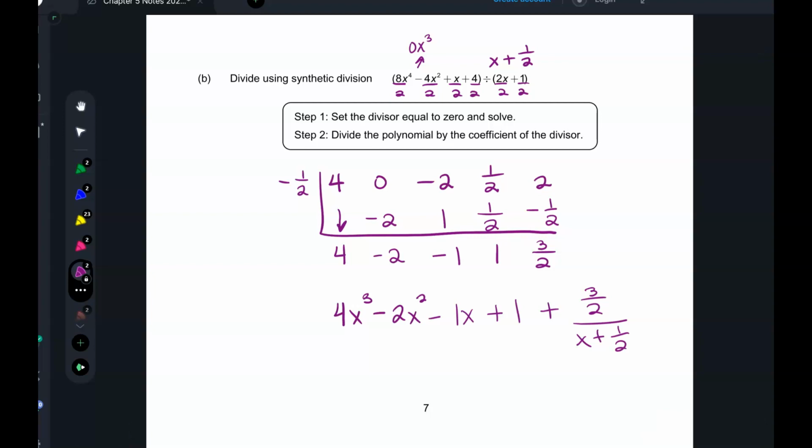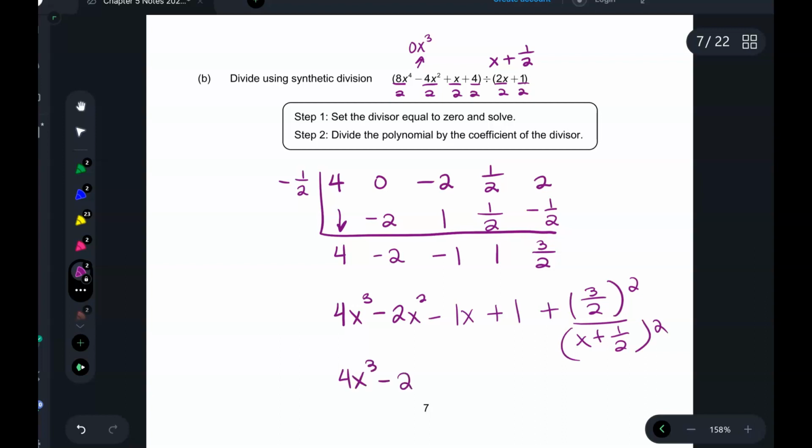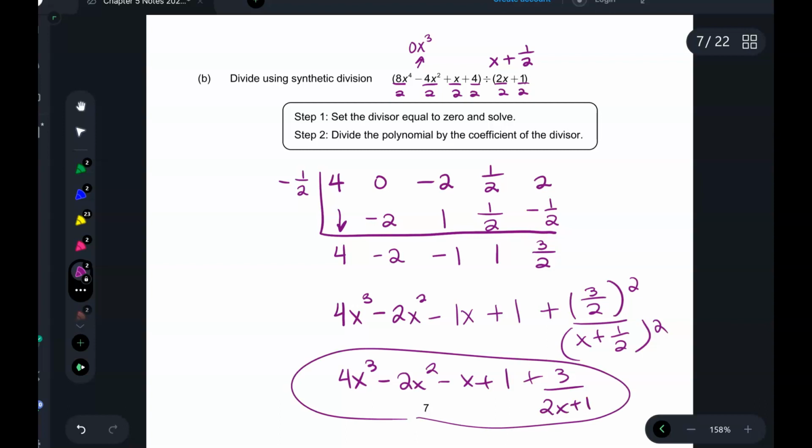Now, the only thing is I would multiply the top and the bottom of this by 2, and that will make it plus 3 over 2x plus 1, because we really want to have it written by what it was dividing by. If you do the long division, we didn't have time, but if you did the long division, you'll get the exact same answer, okay? I need what you started with for the